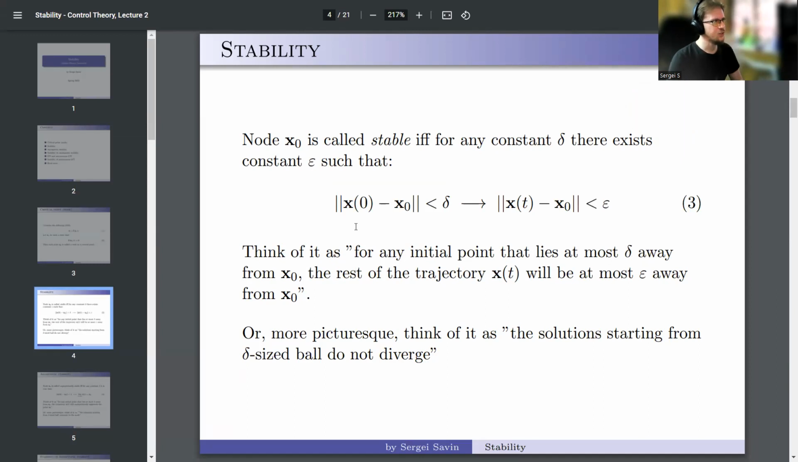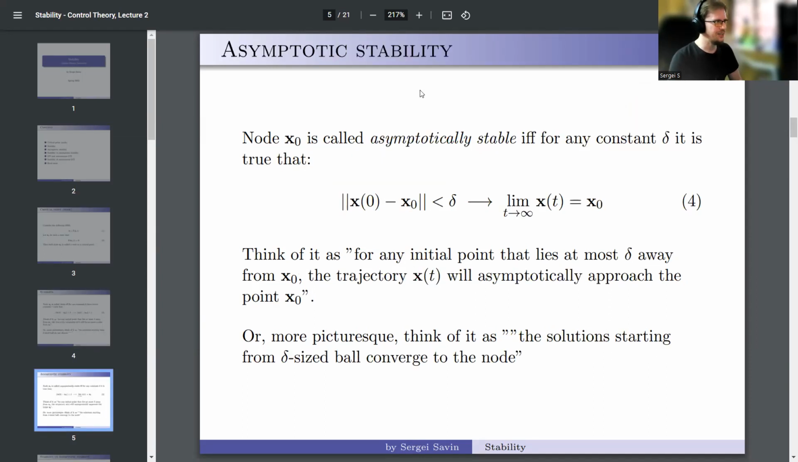Now let me move to the next concept, which is quite as important, and that is asymptotic stability. That is a kind of higher order of stability. Stability is a simpler thing. Asymptotic stability is a more strict condition. So let's see. The node x0 is called asymptotically stable if and only if for any constant delta it is true that